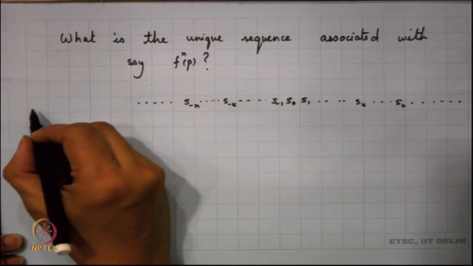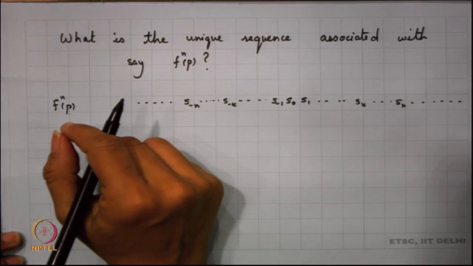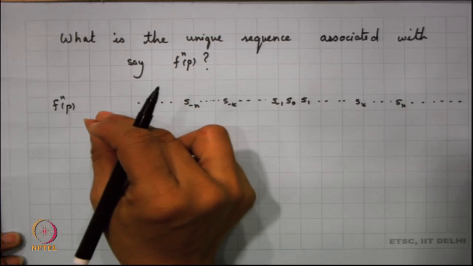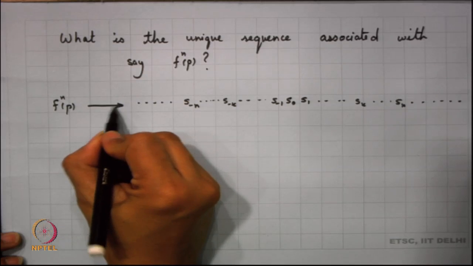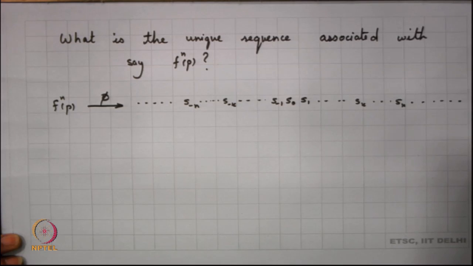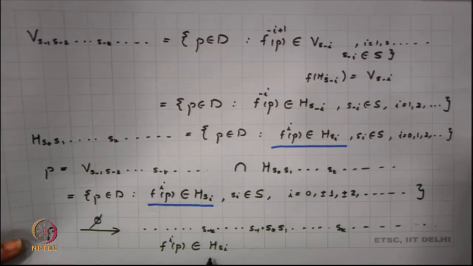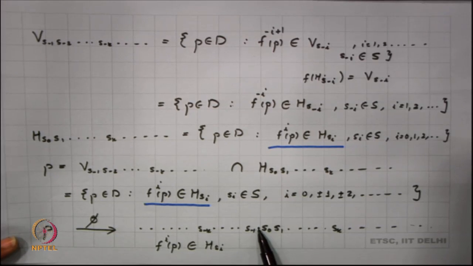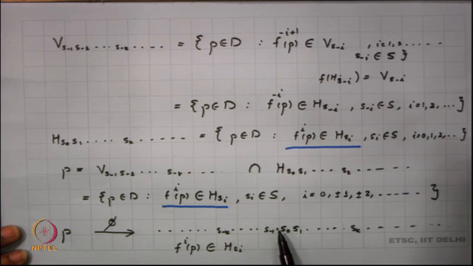If I want to note what happens to my F and P, since at the zeroth part it should belong to H of S_n, we can say that this association can be given in terms of the bi-infinite sequence where it was mapped to. We know that if p belongs to H of S_i, my decimal point was here. So, when I look into what happens to f^n of p, what is the association? It is going to remain in the same sequence.